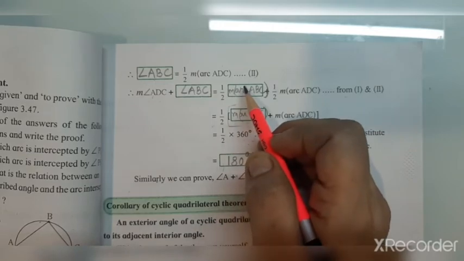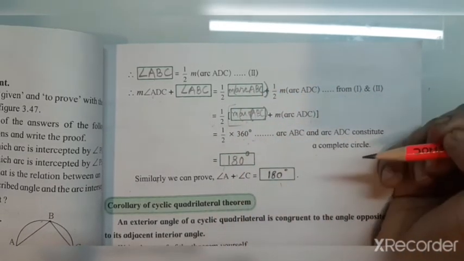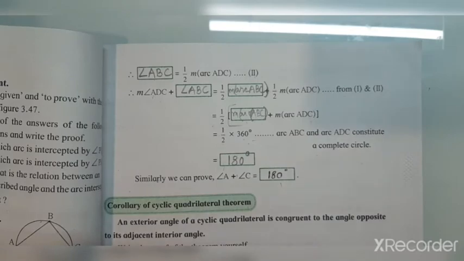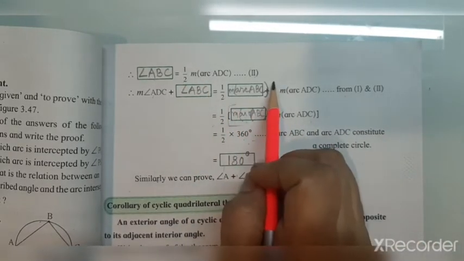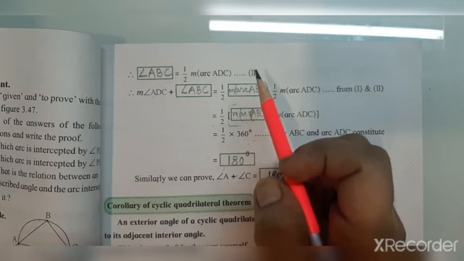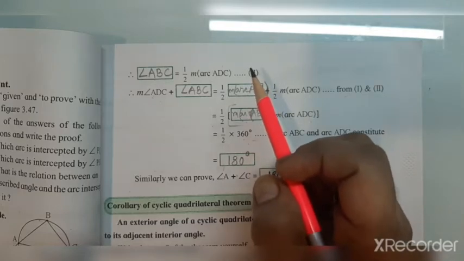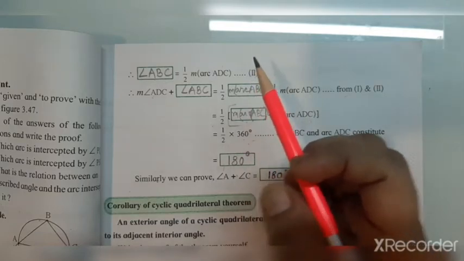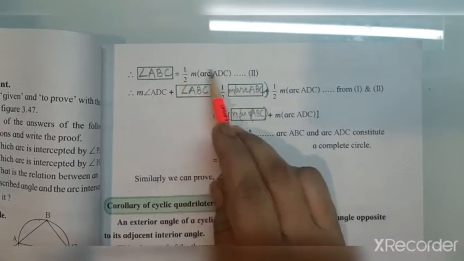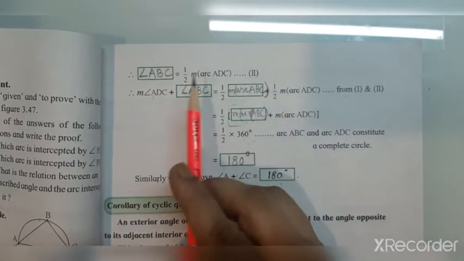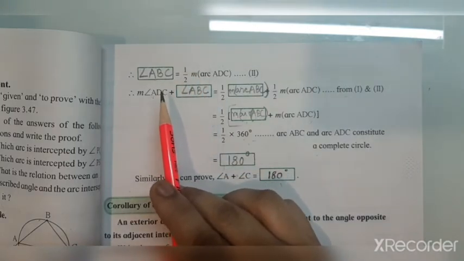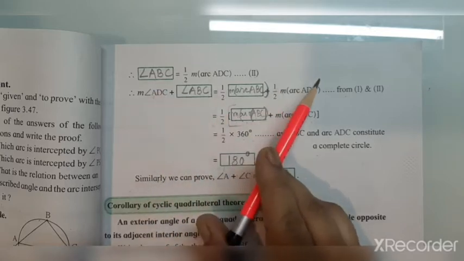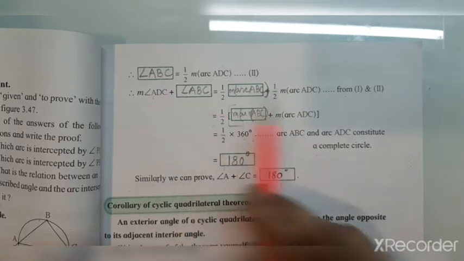As I told you in my first video, in an activity sum, we cannot add something from our side. Whatever is given in the sum, only those words we have to write. So in such an activity sum, we cannot put the reason. But when you are writing a complete proof by yourself, where there is no activity, there are no boxes, then you have to mention the reason. Here we have used the inscribed angle theorem. So when you are writing the full proof by yourself, without any boxes, when it is not an activity, then you have to mention the inscribed angle theorem.